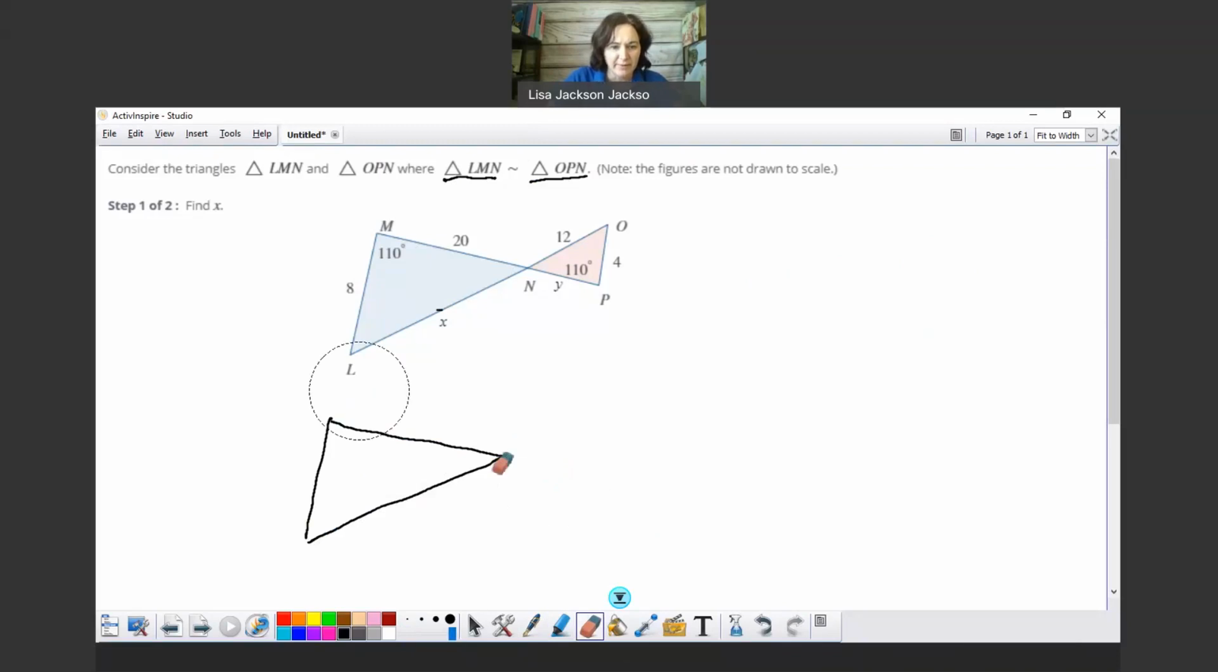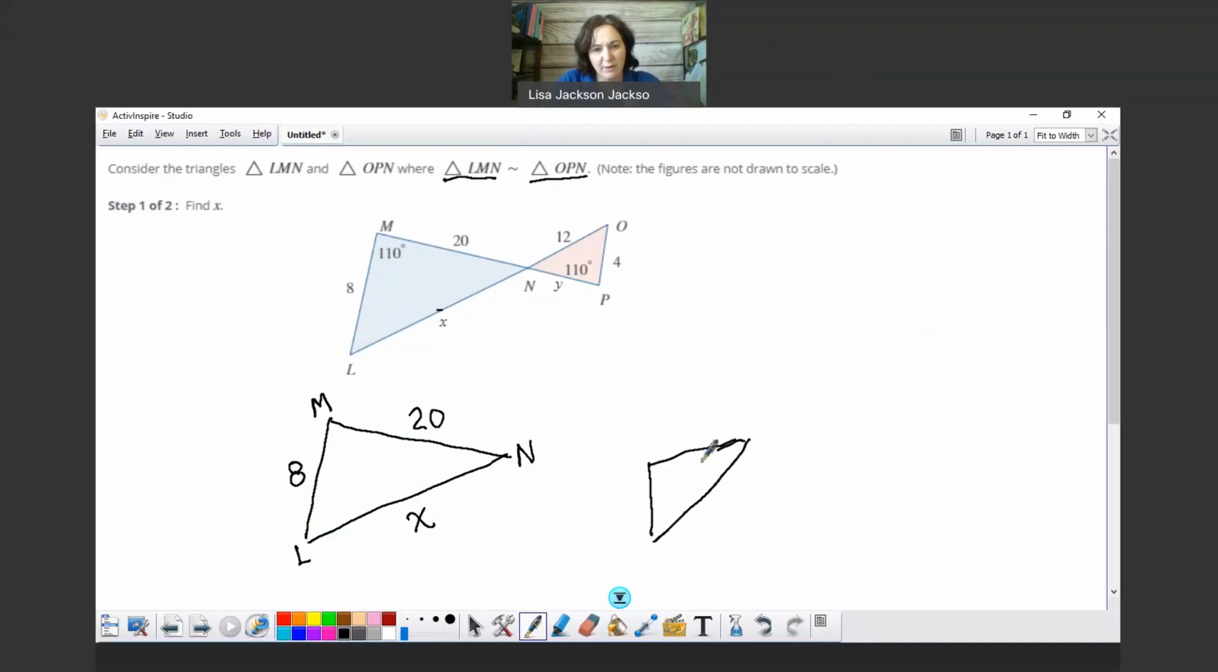So I have here, there's M, that's the corner, L, and N. And the sides, 8, 20, and X. Okay, so I'm going to go ahead and draw this triangle, a smaller one. But now I need to go back and figure out how this is labeled. I'm going to look up here